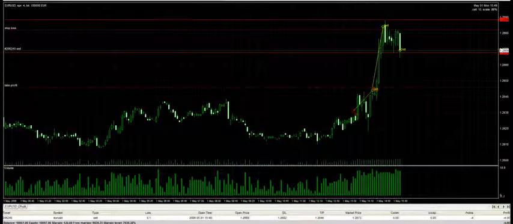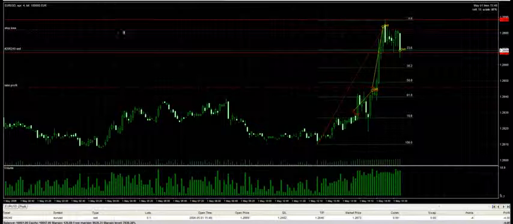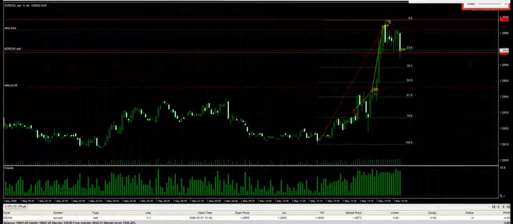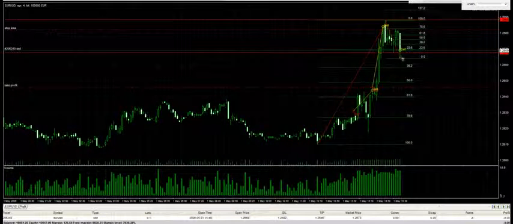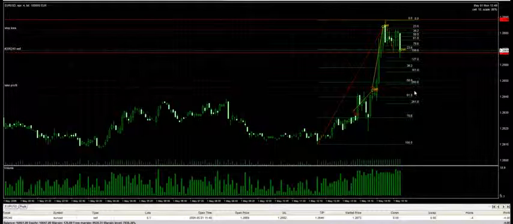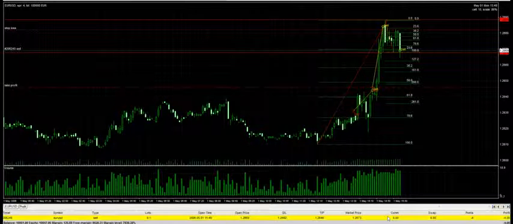Now for the take profit, I'll draw a Fibonacci retracement, and then I'll draw a Fibonacci extension so I'll know which one. So we've got Fibonacci retracement, Fibonacci extension. It seems that the 261.8 level coincides with the 61.8 level, so we're going to use that instead